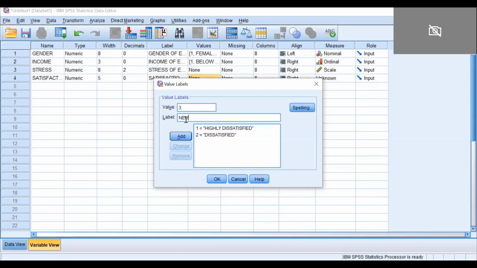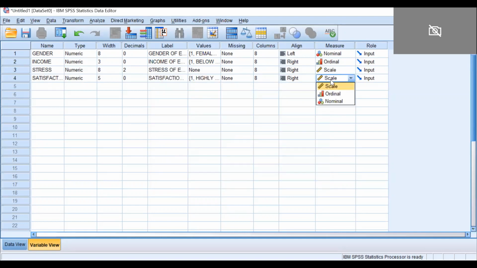Now 4 is representing satisfied, and 5 is representing highly satisfied. So you will add those, and simply put okay. Again, this is an interval scale, and you will simply put scale here.